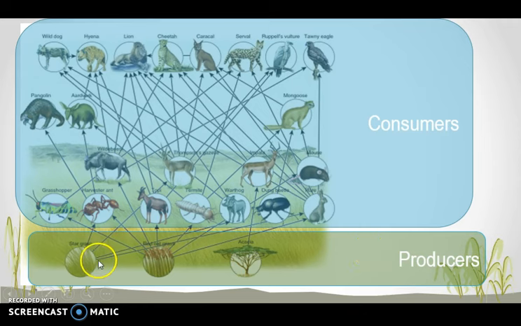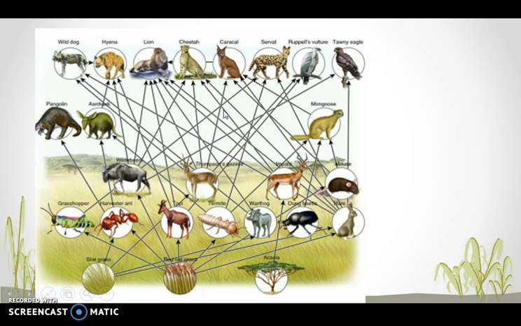They produce it with energy from the sun, and they use photosynthesis to make their own food, whereas all of the consumers have to get their energy from the producers, whether it's from the producer directly itself or through the food chain. Another relationship that you are required to know is the